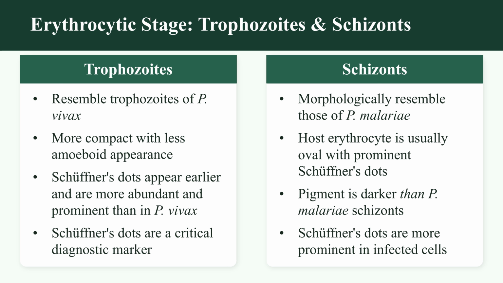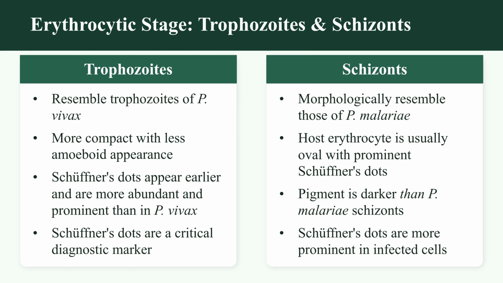And after the pre-erythrocytic cycle, the erythrocytic stage starts where the trophozoites and schizonts are developed. The trophozoites of the parasite resemble those of vivax malaria, but are usually more compact and with a less amoeboid appearance. And Schüffner's dots appear earlier and are more abundant and prominent than in the vivax infections, which